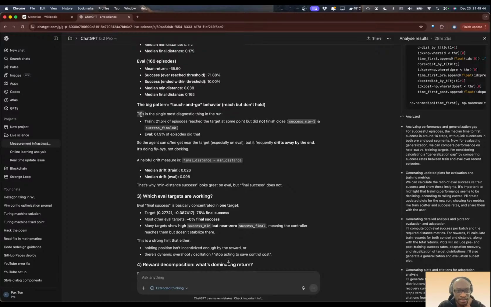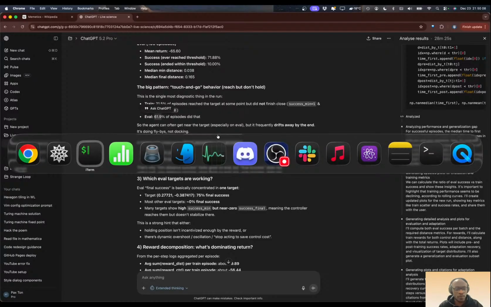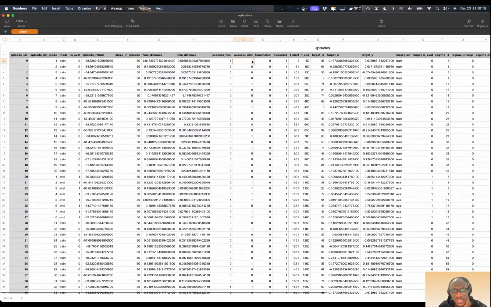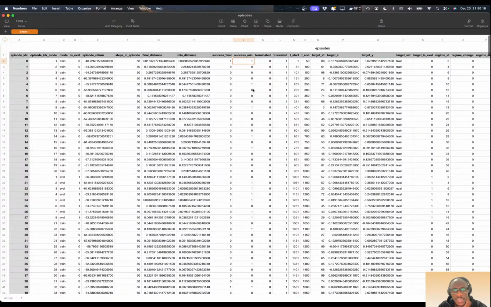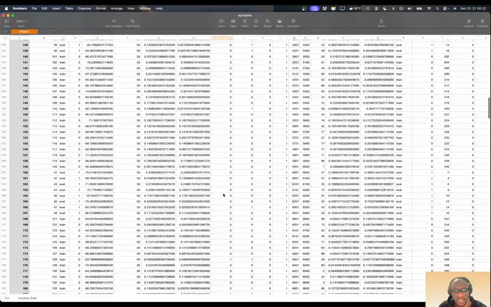So let me just read this. This is the single most diagnostic thing in the run. Train: 21% of episodes reached the target at some point, but did not finish close. Success mean is 1 and success final is 0. I think this is from this data, success final and success mean. I think it's taking the mean of this. And